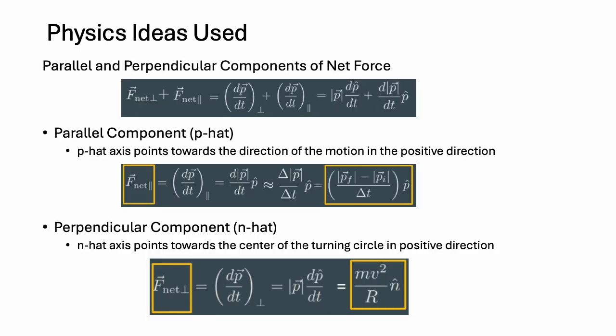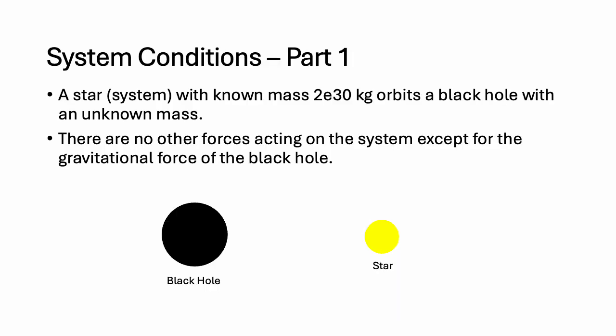Another important physics idea is the parallel and perpendicular components of net force. The parallel component is shown by p hat, which points towards the direction of the motion in the positive direction, and the perpendicular component is shown by n hat, which points towards the center of the turning circle in the positive direction. For Part 1, a star, which is the system, with known mass, orbits a black hole with an